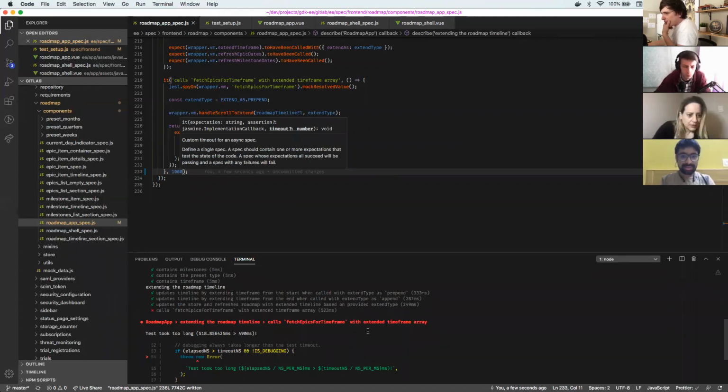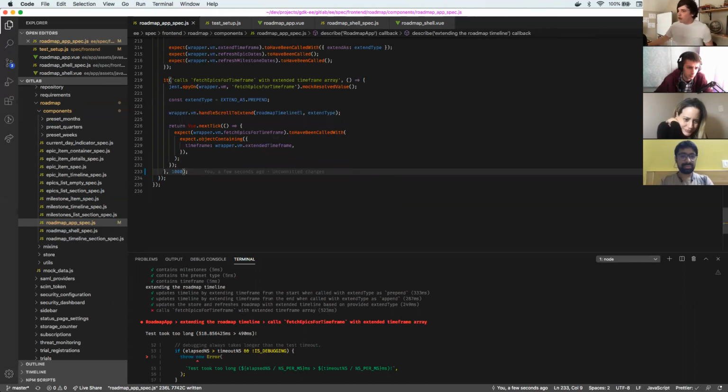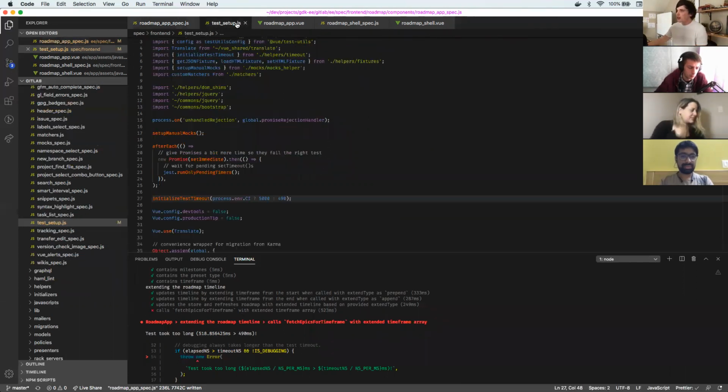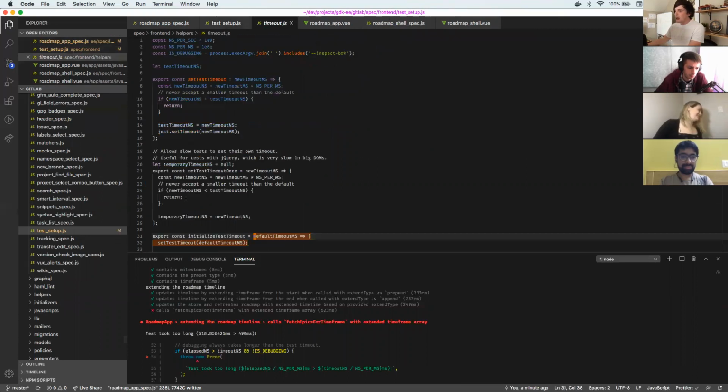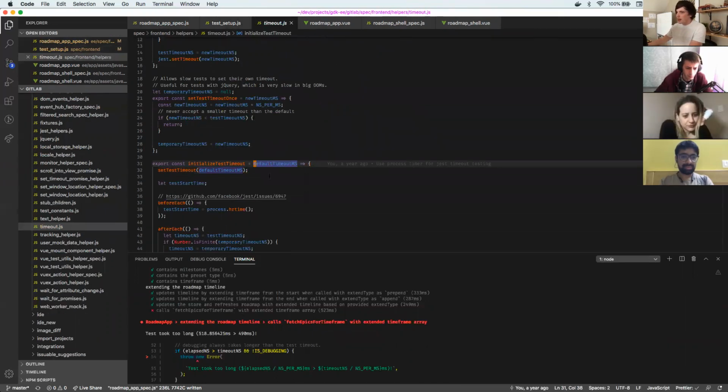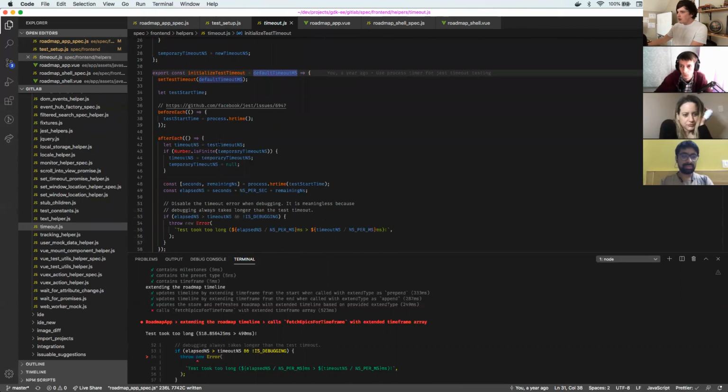What is wrong with you? Oh, look, these times aren't even matching. I think that's my fault. Yeah, we'll just cast a blind eye to that. So yes, these are different. This value I put in here, 1,000, and the value that we're using here to initialize the test timeout is definitely different. And it looks like we're not really quite looking at